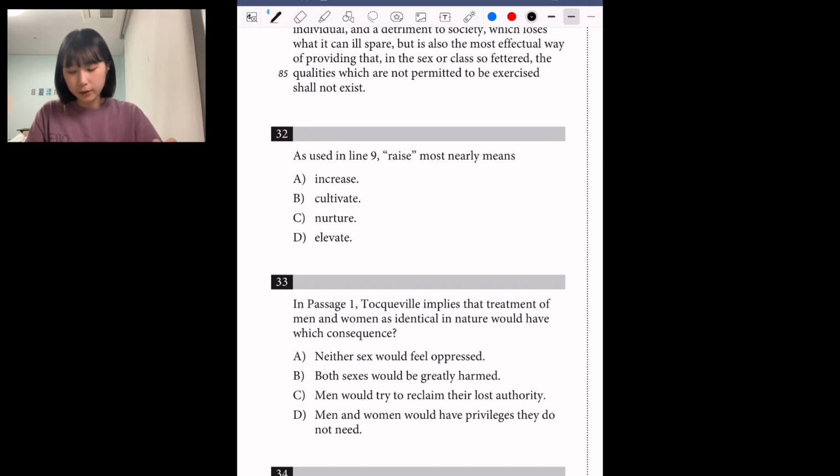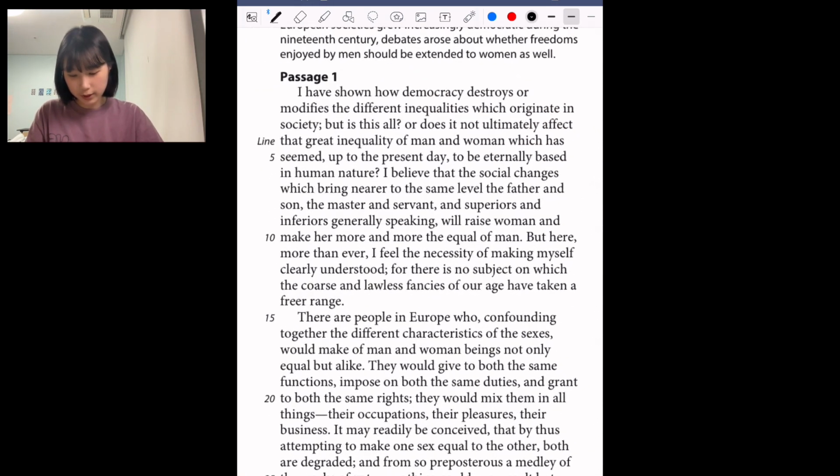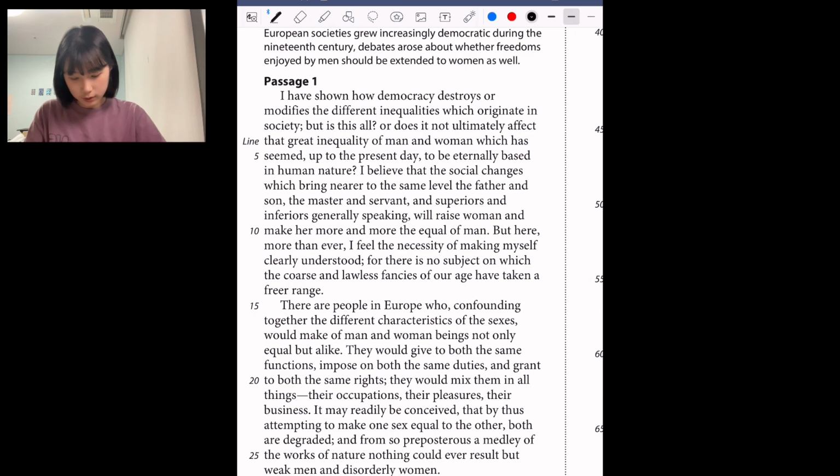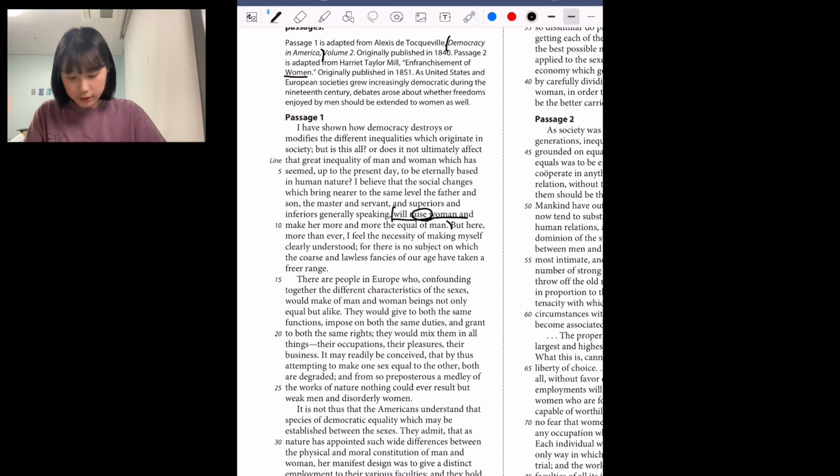As used in line 9, "raise" most nearly means. So we should go back to passage 1, and in line 9, here it says, "will raise woman and make her more and more the equal of man." Here we can see, just isolate this sentence for a moment, saying that "will raise woman and make her more and more the equal of the man," when there's implications in the previous sentence that